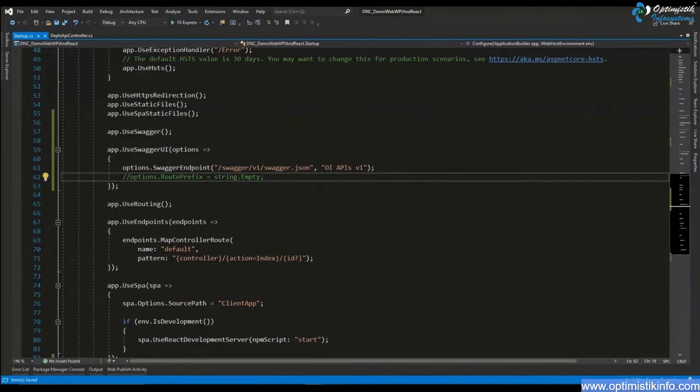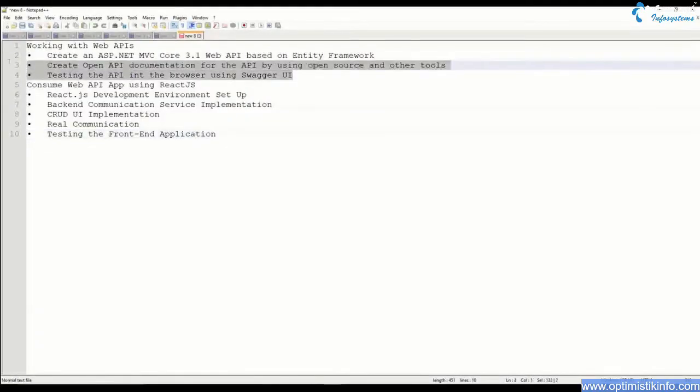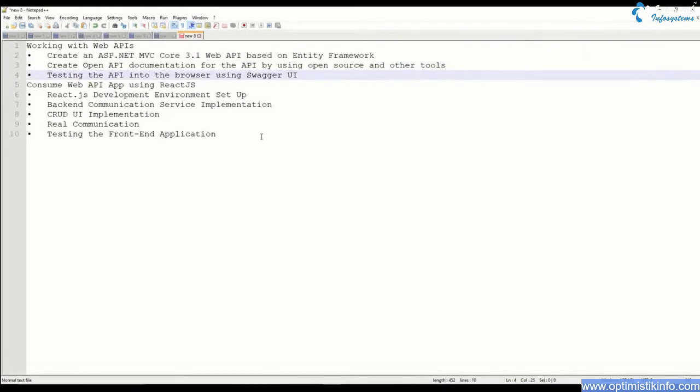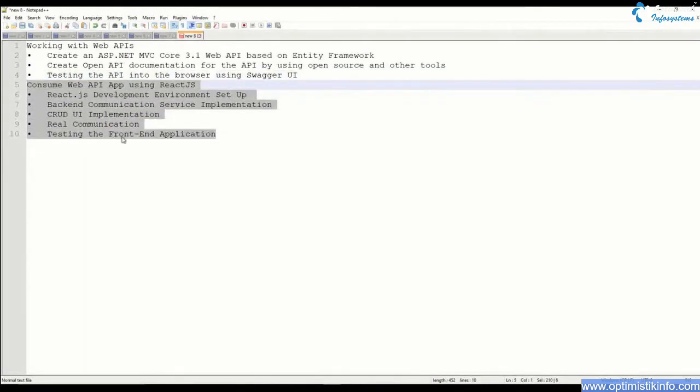So that is the end of our part 1. We have successfully created the ASP.NET MVC Core 3.1 Web API based on Entity Framework. We successfully added the Open API specification for this API using Swagger, and we successfully tested this API in the browser using the Swagger UI generated. Right, so now it's all about the second part where we want to consume this web API in the ReactJS implementation. I want to have a single page application based on React that consumes this API and provides me all the operations